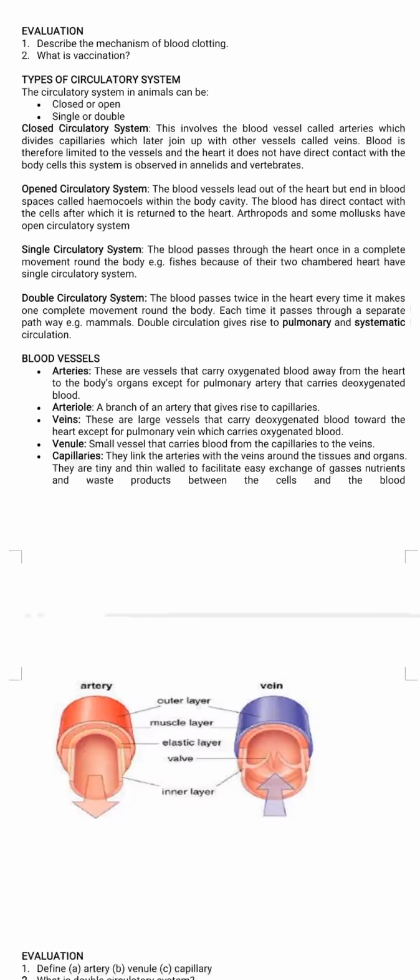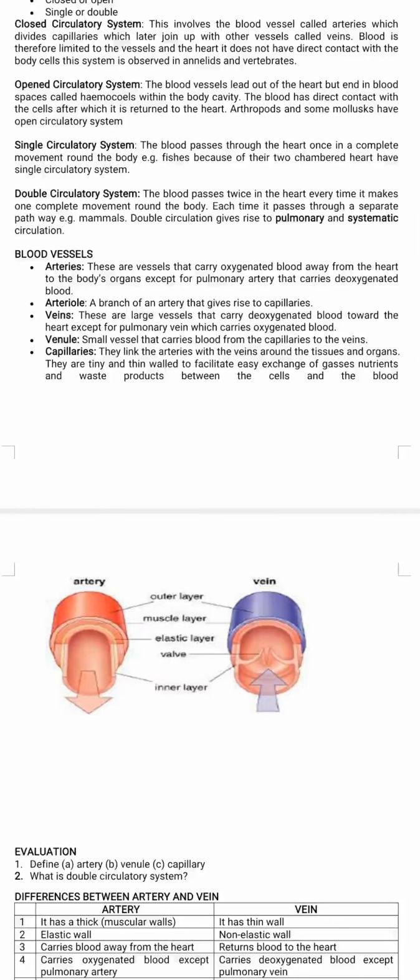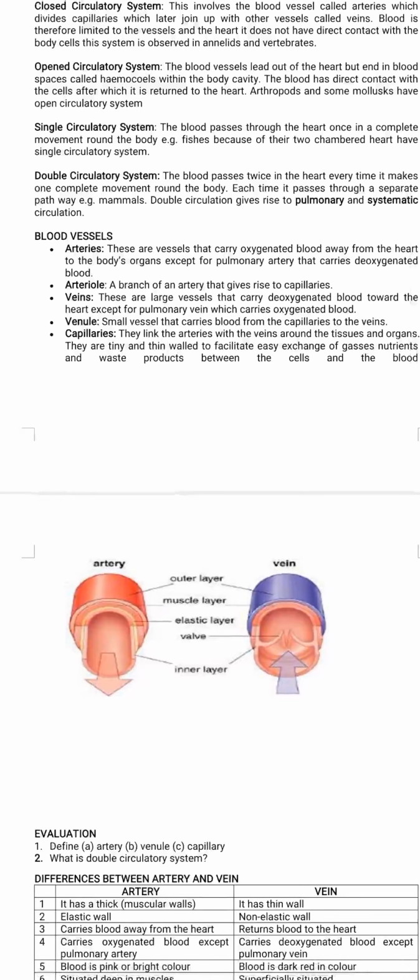Now, this circulation gives rise to what we call pulmonary and systemic circulation. Now, let's talk about the blood vessels. The blood vessels comprise the arteries, the arterioles, the veins, the venules, and capillaries. Please take note of this list of vessels. It's very, very important to know how they function. Now, for the arteries,